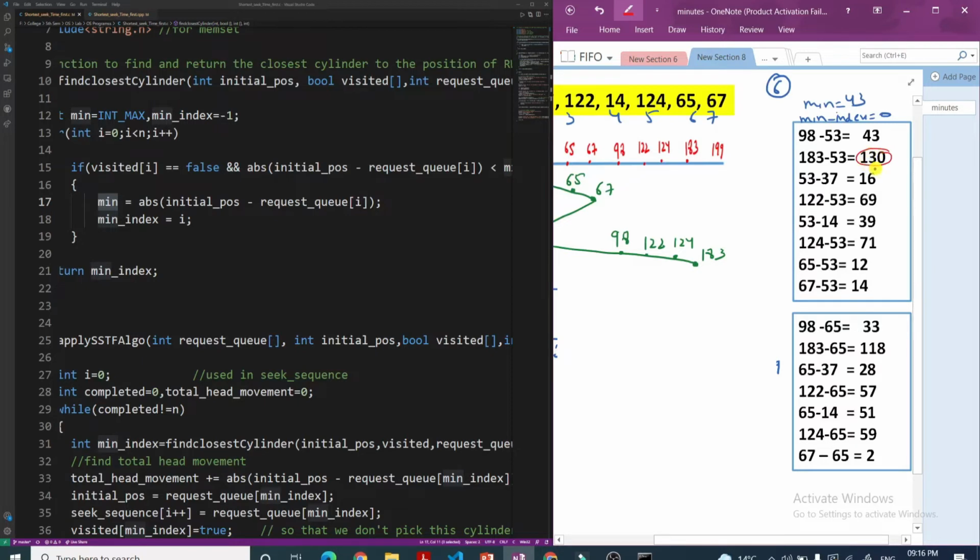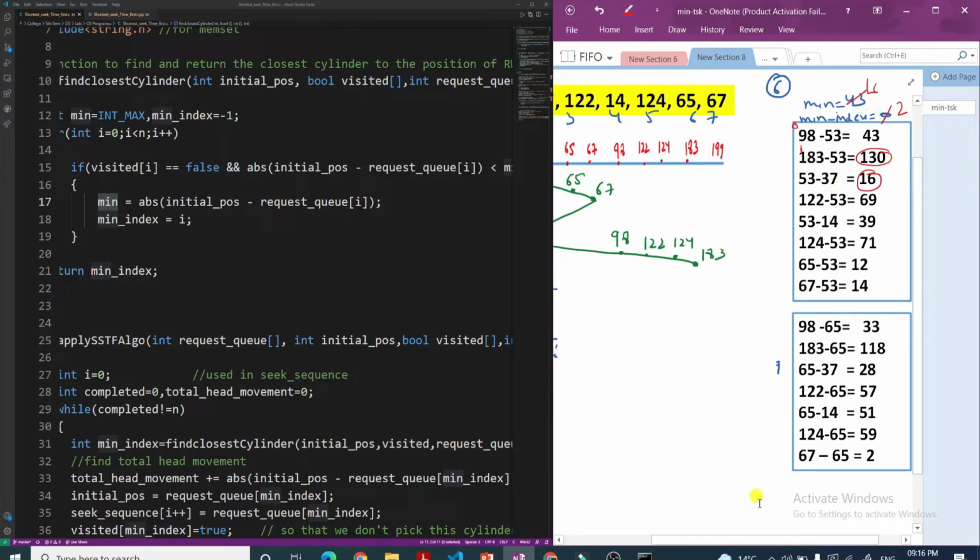After that, when we come to 130, 130 is greater than 43, so this 43 will not be changed. Then I will come to 16, and the absolute value 16 is less than your last value, that is 43, so minimum will be changed. I will come inside here, and min index will be set to the position of this 37. This 98 was at the 0th position, this was at the 1st position, and this 37 was at the 2nd position. So I will say 2.